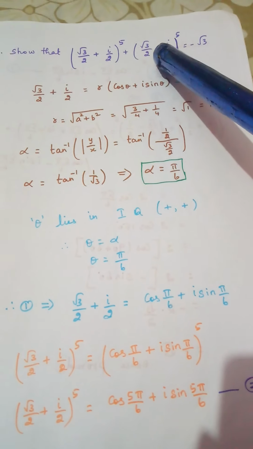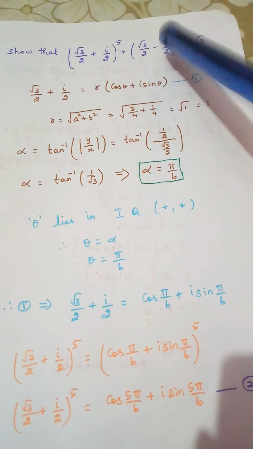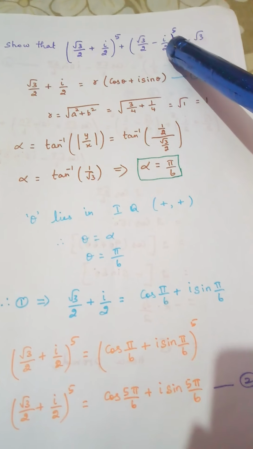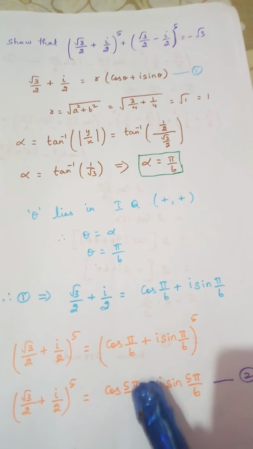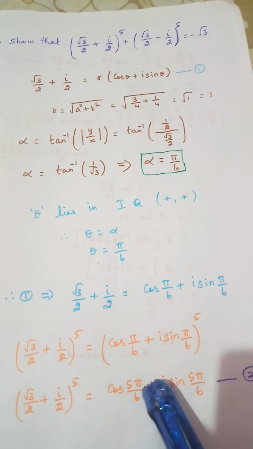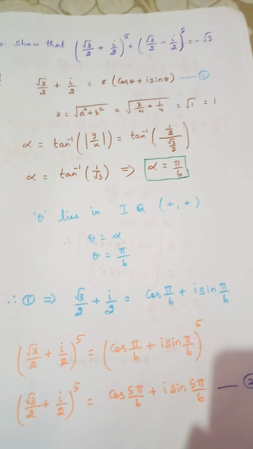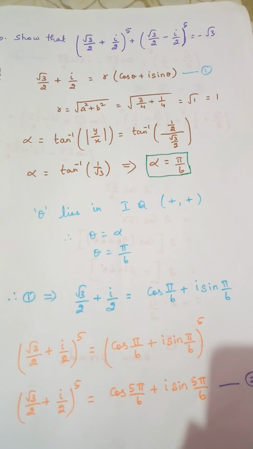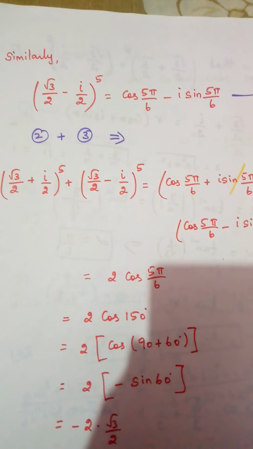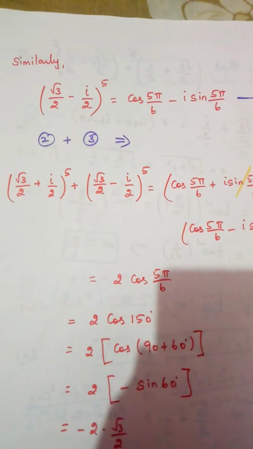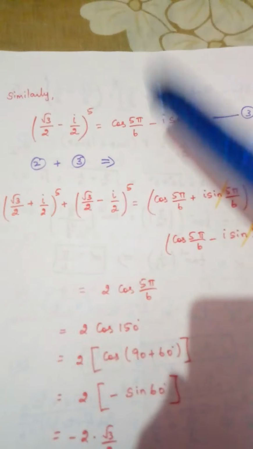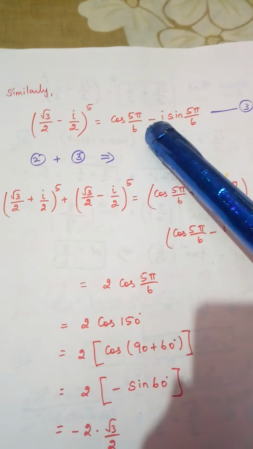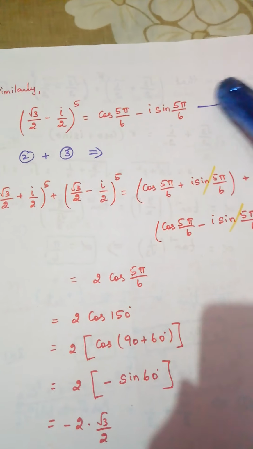Listen carefully. Only if these two are conjugates, if I know this value, this can be directly found out. How? See the answer for the previous one and just change the symbol. If it is plus, I should put minus; if minus is present, I should change that to plus. Are you able to understand, children? So in the next line, I write the value for the second term. I have not calculated anything, just directly written the value here. There plus, here minus, that's all. This is taken as equation number 3.